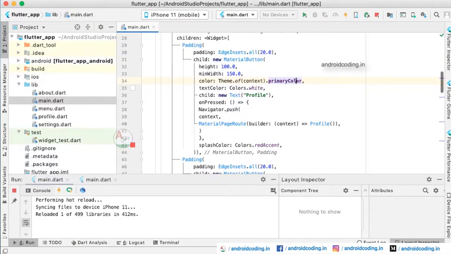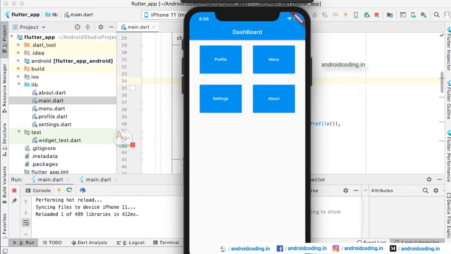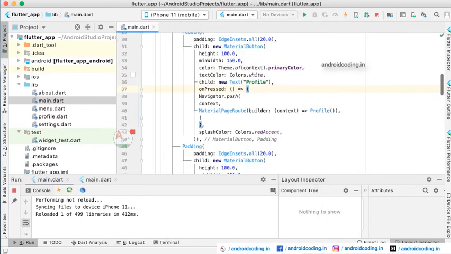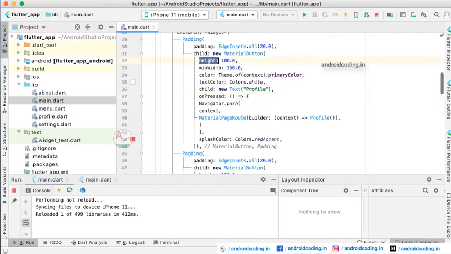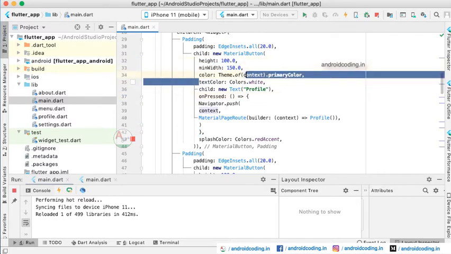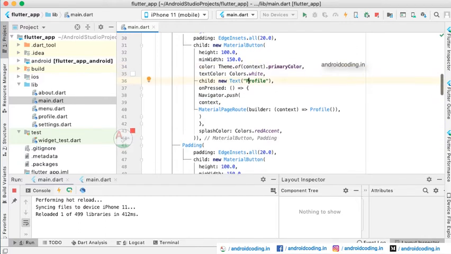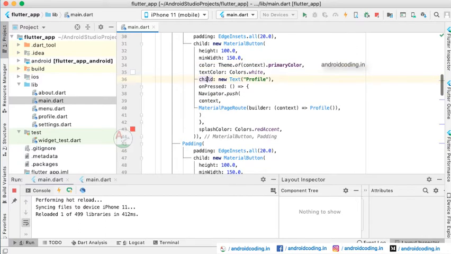The first button is the profile button. Here we have profile, menu, settings and about. Here we have declared a height and width, and also color and text color. Inside child we have declared the name of the button and the functionality on press, what needs to be done.